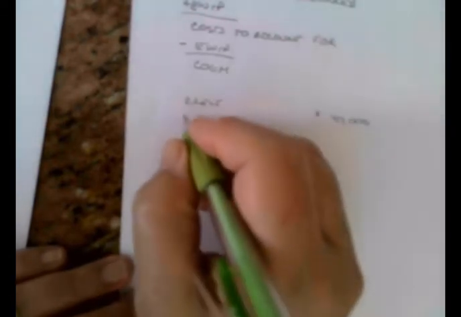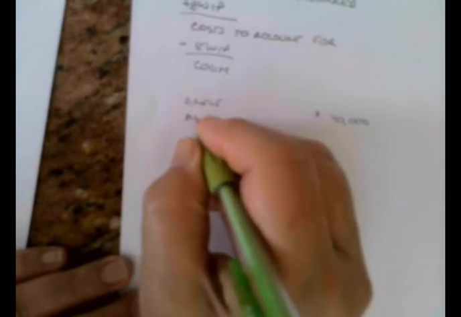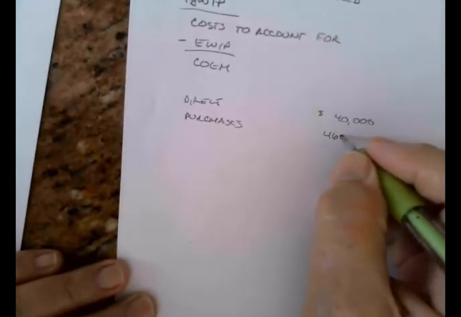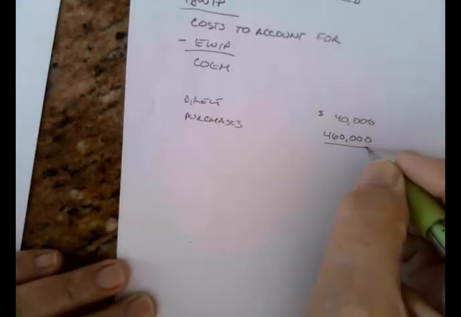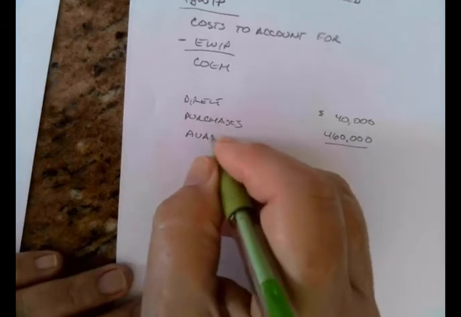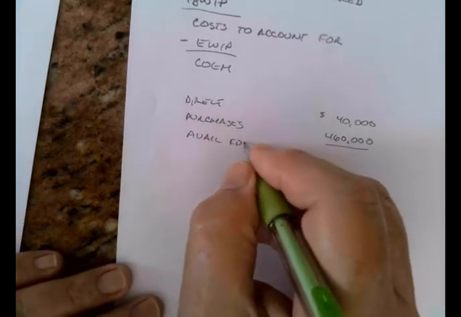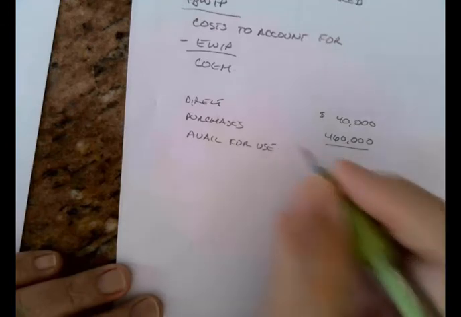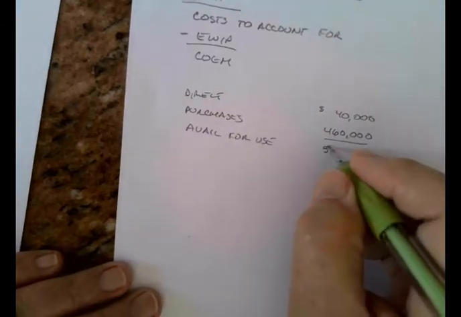We need a dollar sign because it's the first number in a column. I'm going to add purchases. Purchases are 460,000, and that gives us goods available for use. Available for use are 500,000,